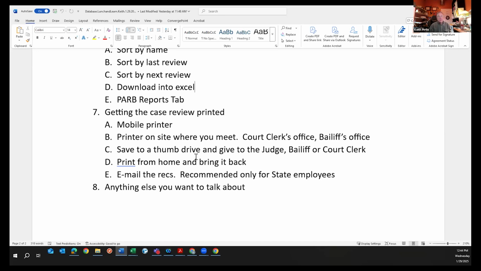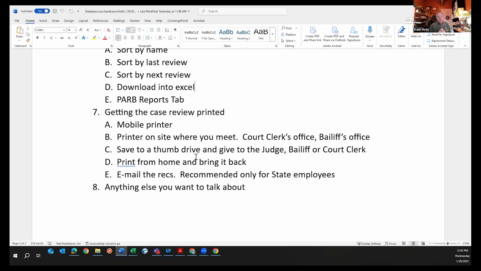Once people have finished writing the recommendations, and again, the chair shouldn't have to do everything. The chair should be the coordinator, not the doer of all tasks. So if there's someone on your board that can maybe run home, log onto their desktop, grab some yellow paper and print those recommendations from home, great.